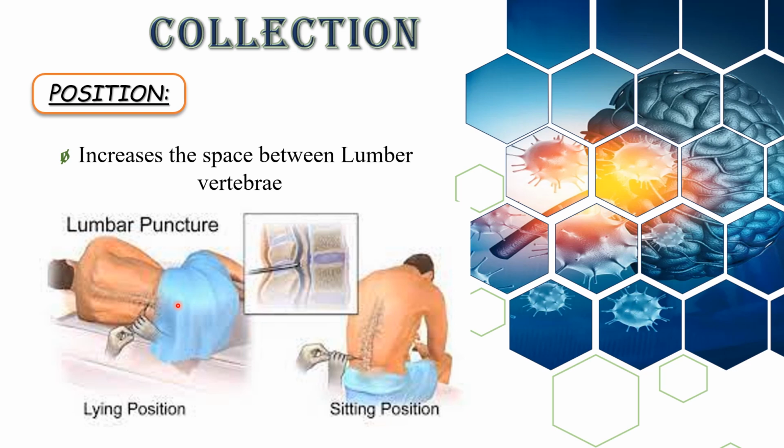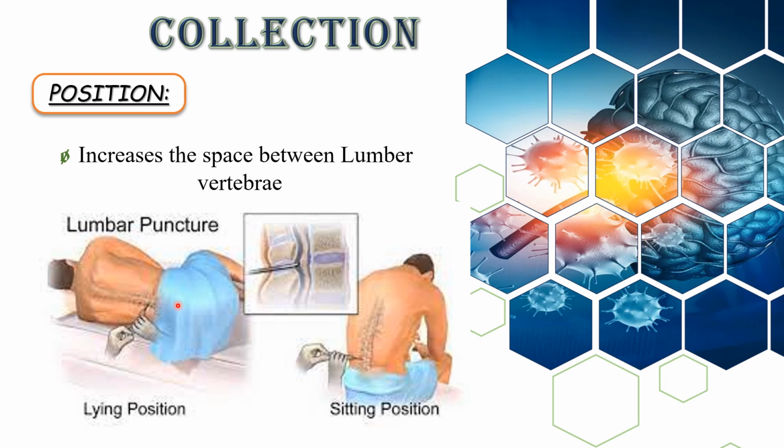After that, we'll give 3 to 5 ml of 1% lignocaine as a local anesthetic to the patient, and very slowly we will pass the needle straight into the L3 or L4, or L4 or L5 vertebra. As you reach the subarachnoid space, there will be a sudden give away or loss of resistance that you will feel. And as soon as you feel that loss of resistance, you slowly take out the stylet from the needle